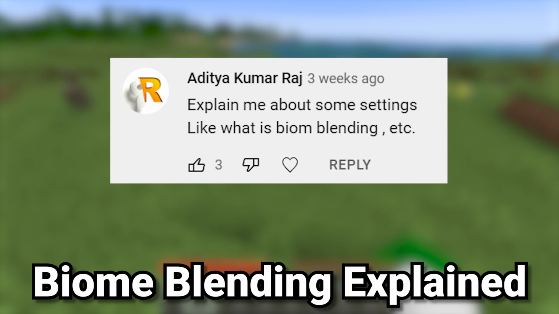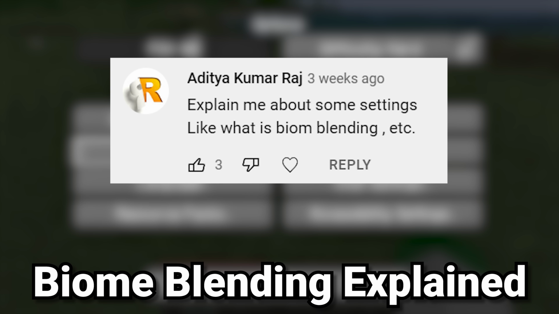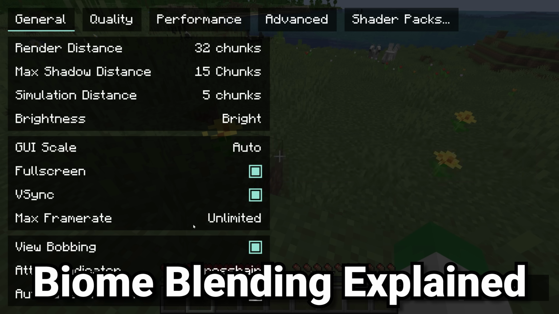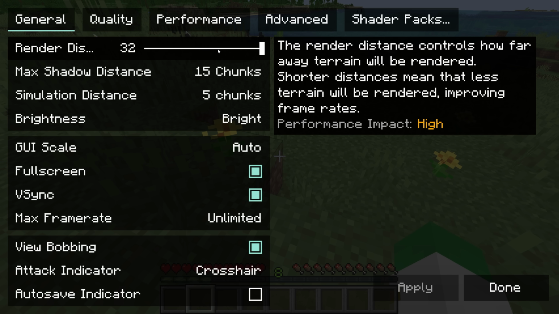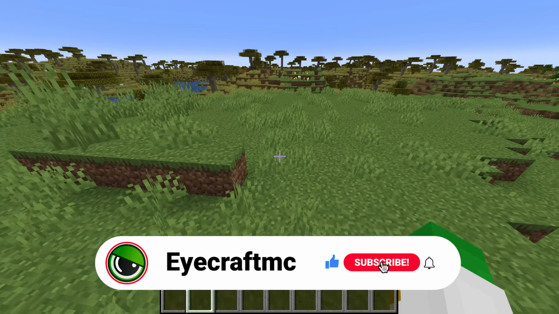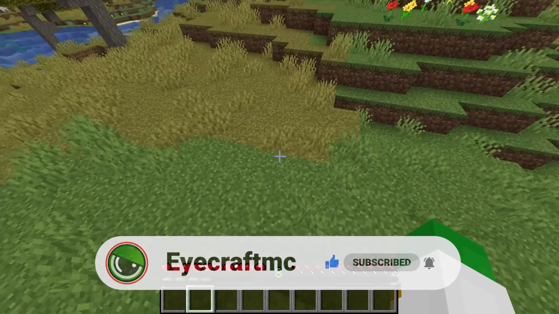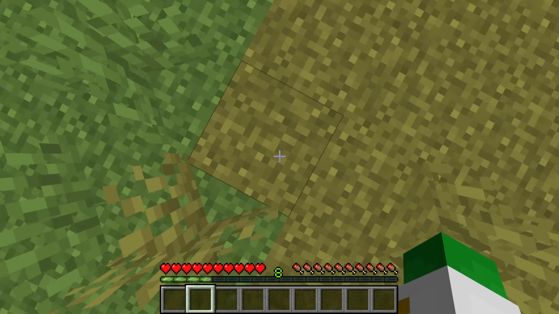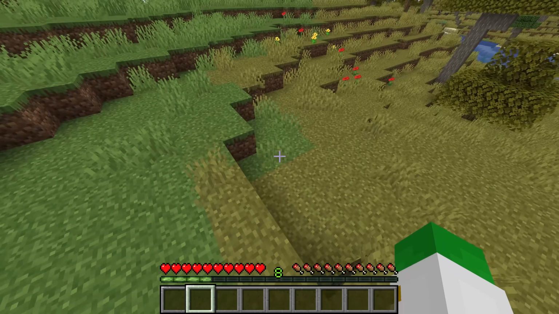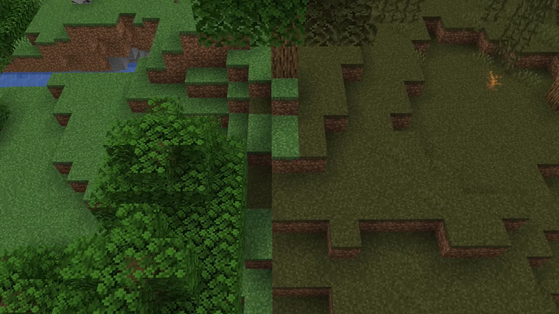The next question asks how biome blending works. Well, biome blending is actually very interesting. Now you go under video settings. This looks a bit different because I have the Sodium mod on. If you turn biome blending all the way off, what basically happens is there are these very strange harsh borders between two biomes. And this can be useful if you want to know exactly what biome something is in, but it can also be a bit annoying if you're seeing these strange visual jagged lines between two biomes, so it's not